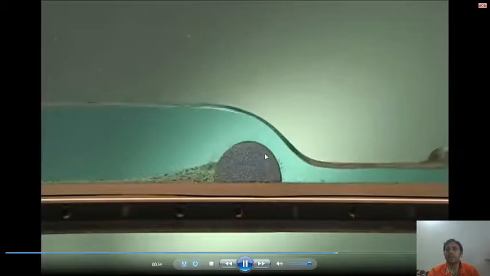So yes, in this video you see that the flow is obstructed, and now small ripples are generating on the surface, right? So these we consider as actually